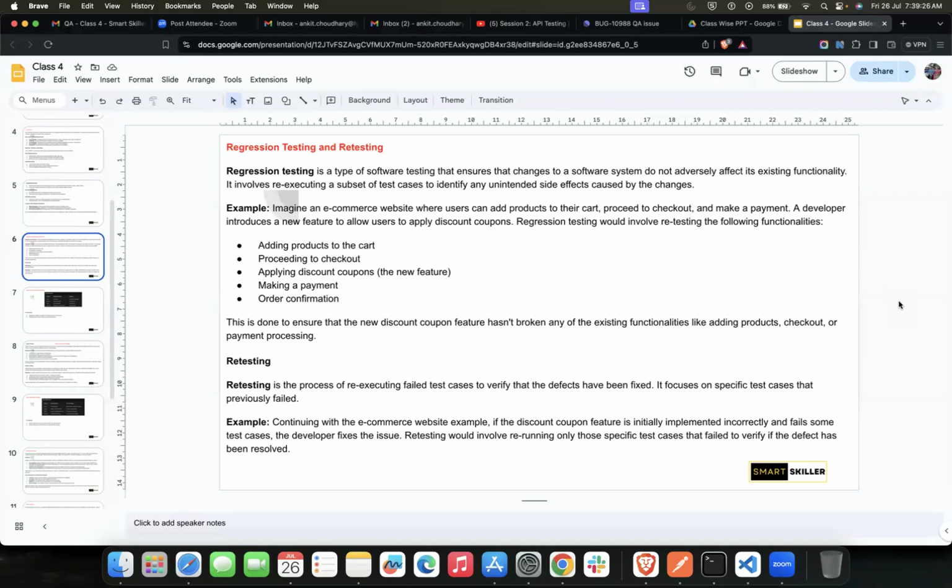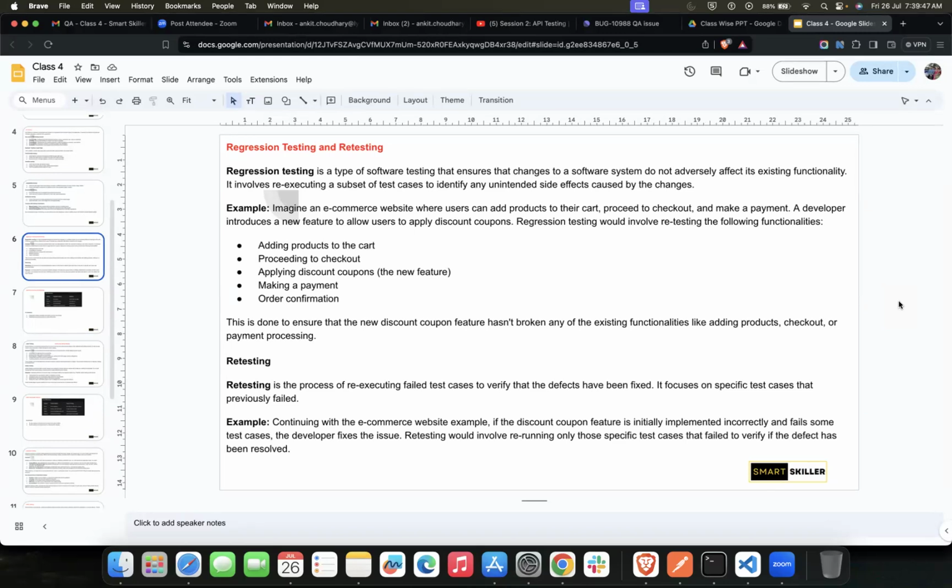In order to do that, there would be a regression test cases list that we need to execute after every release. It can be automated or manual, depending upon your company. So regression testing verifies the existing functionality.